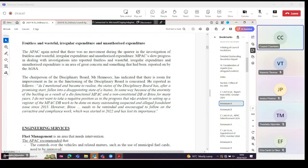Wasteful expenditure, irregular, unauthorized. Unfortunately, in the last year, we haven't had a very effective impact. And the disciplinary board had not, obviously as a result thereof, sat often enough, or I don't think in the last few months have at all. We want to encourage that